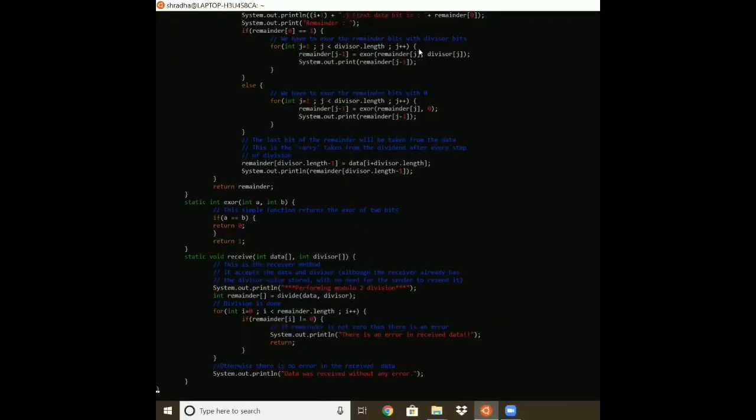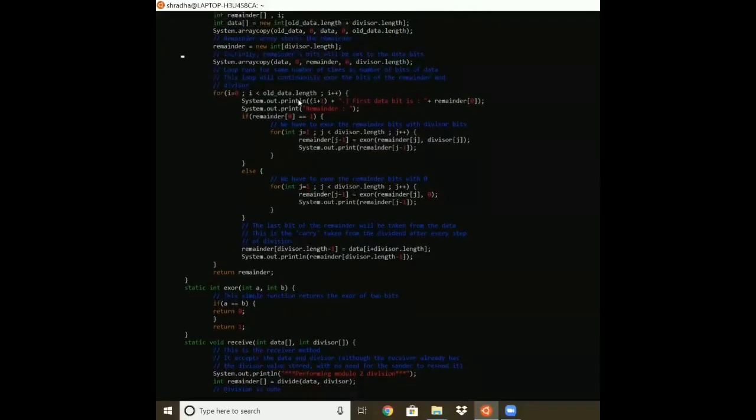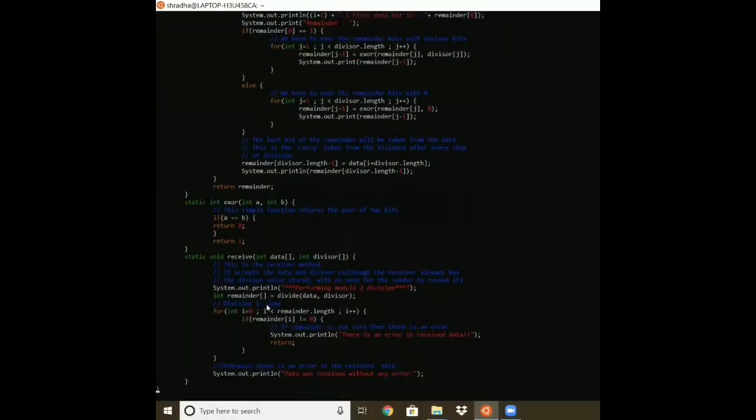We already have the divisor from the first part of the program, and here also we will perform the modulo 2 division. So again, we call the divide function, and we do the same thing that we did before to the data bits as well as the pattern, and in the end we get a remainder which is sent back here.